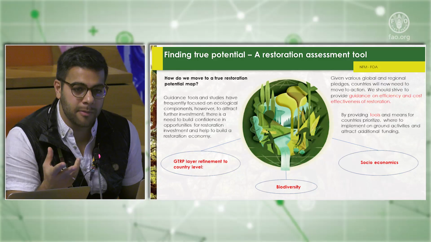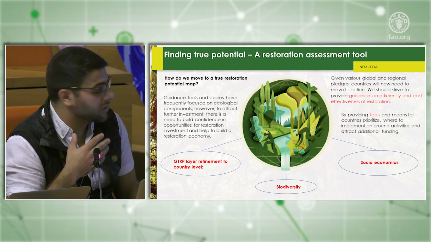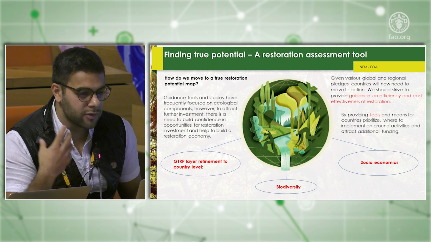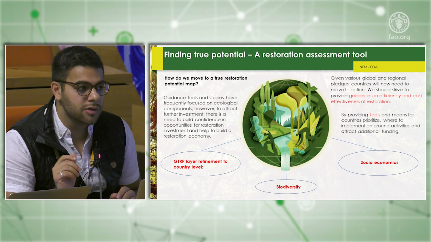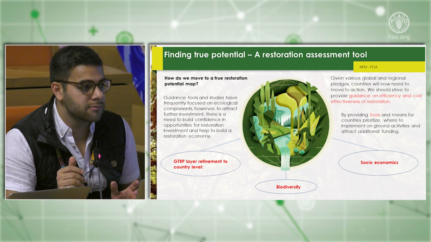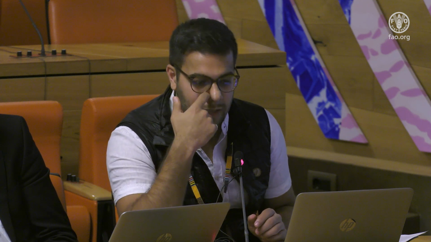In the creation of the global restoration map, taking out the crop areas was done with global-level data sets. So if the countries have more refined geospatial data, or specific areas of interest that they would like to utilize, the process in 2020 will be working with them to refine and really hone in on the specific interests that they have. And that could align with their national priorities, whether that's biodiversity or carbon sequestration, et cetera.